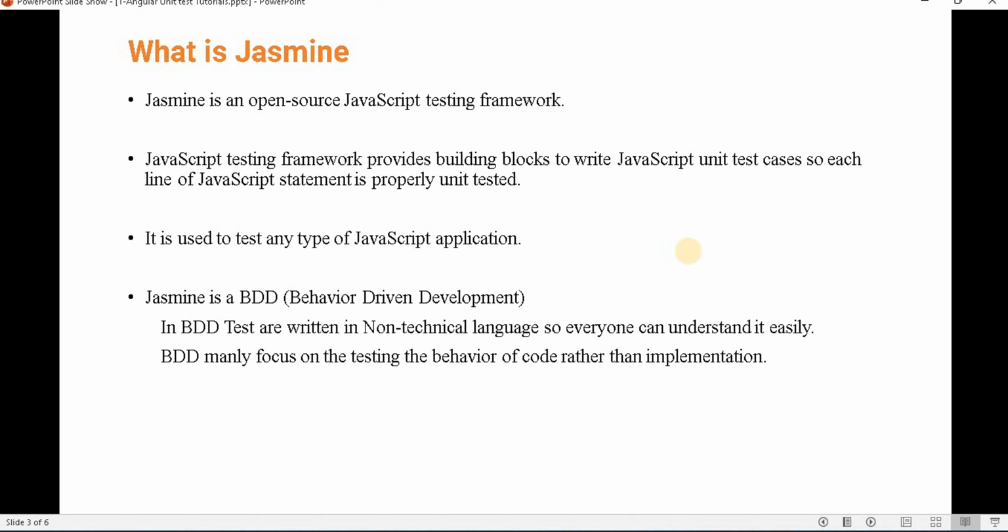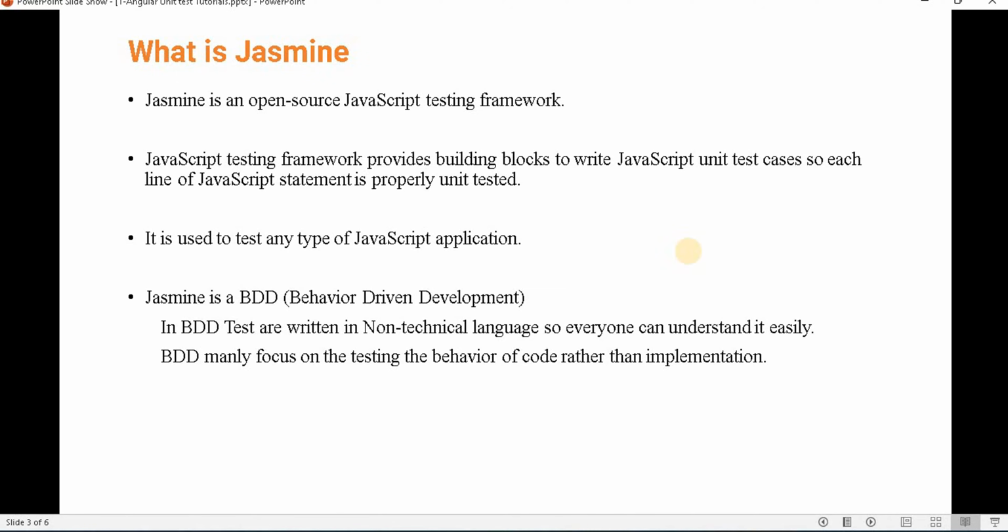If we use a JavaScript testing framework, it lets us test every line properly, and it is used to test any type of JavaScript application. Jasmine gives us the facility to run any type of test on a JavaScript application.